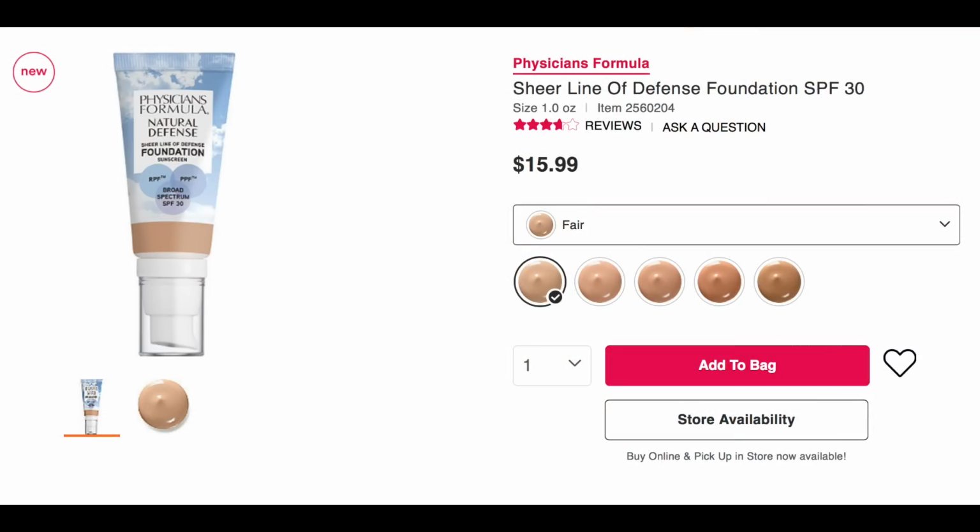Physicians Formula seems to have a lot of new things out. As you'll see, a couple of them did actually pull me in to where I bought them, but they also have this Natural Defense Sheer Line of Defense Foundation with sunscreen. It has an SPF 30. So tempted by this because I'm like, oh, I sometimes really like these tinted moisturizer type things. Sometimes they flop and look like nothing, and sometimes they're absolutely perfect. I mean, the Nude Sticks tinted cover was a total hit for me, and I feel like I'll forever be sort of scoping out the drugstore for something that's really a lot like that. In fact, I think this Maybelline Dream Urban cover may be quite a bit like the effect I'm getting from that. But anyway, Physicians Formula has this product, and I'm like, oh, I was so about to get it,